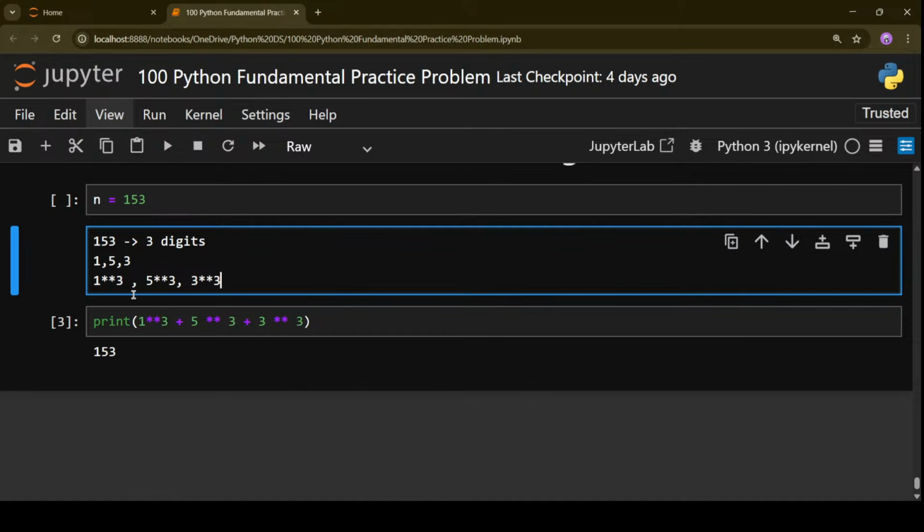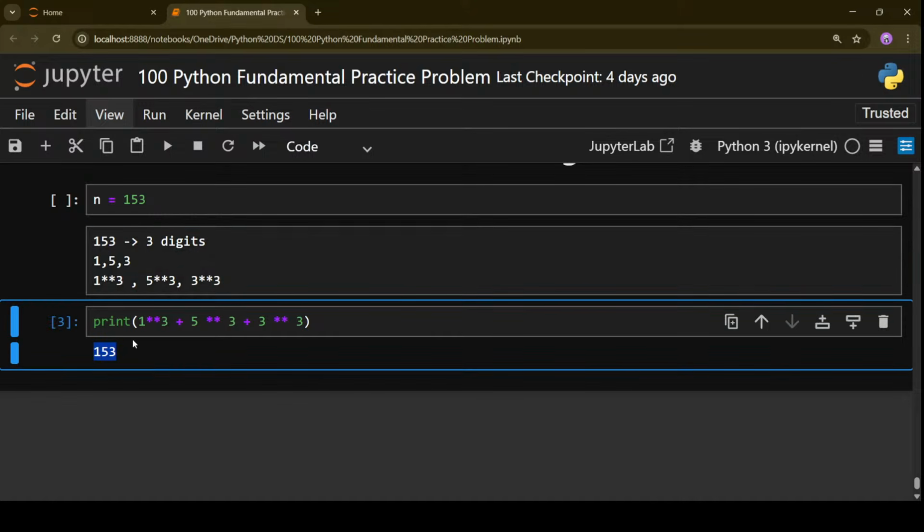Okay, and then what you have to do, you find out the power of all the digits, then sum all of them. After you do the addition, if you get the number back, that's what it means, it rebuilds itself. When you get the number back, it means it is an Armstrong number. Okay, and this is one of the fundamental questions. It's a very important question that can be asked, that one should know. That kind of problem.